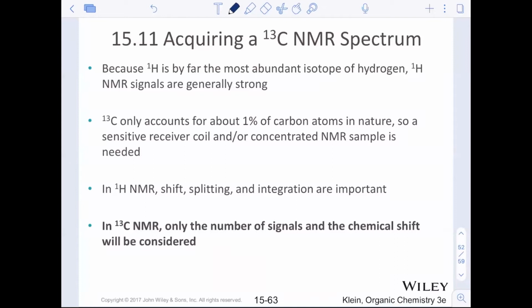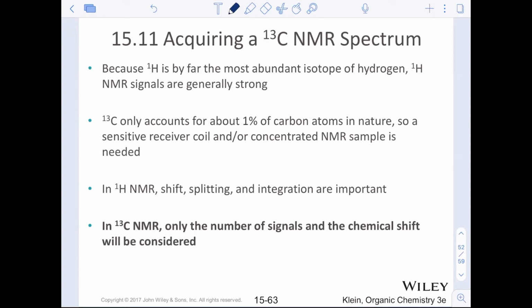Proton 1, that idea is usually because that is the most abundant isotope of hydrogen, and we tend to have a lot of hydrogens in our organic compounds. These signals are really easy to obtain. They're really strong. Carbon-13 only accounts for 1% of the carbons in nature, 1.1%. So you really need a sensitive NMR and a really concentrated sample to do a